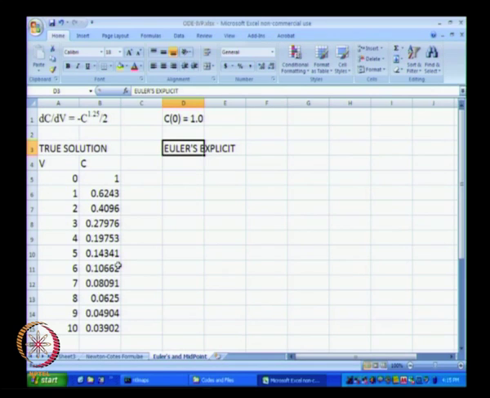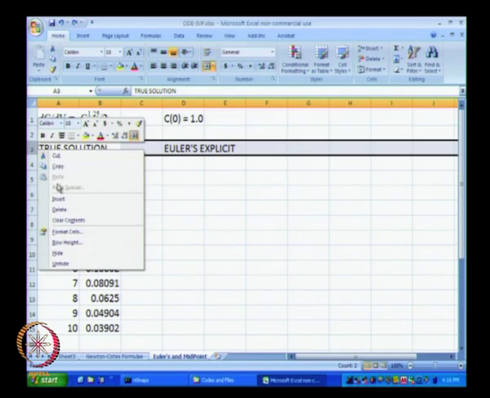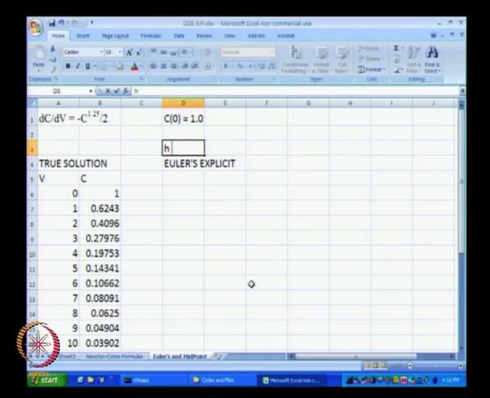Okay, Euler's explicit method with certain value of h. Okay, so let's choose the value of h equal to 1 and see what the Euler's method gives us. Okay, and one of the things that happens with Euler's method is that Euler's explicit method is not always stable. What that means we will talk about soon. Okay, so Ci